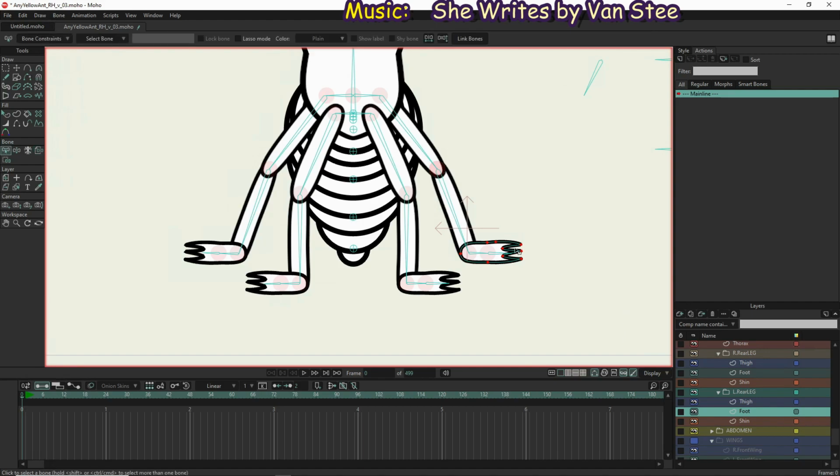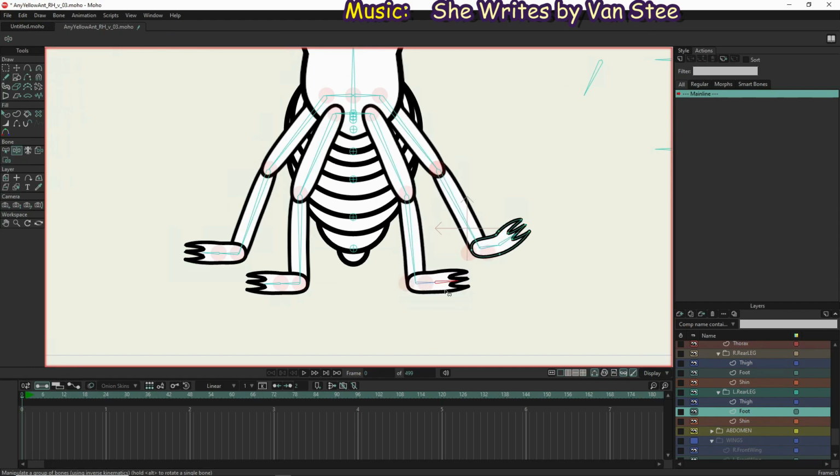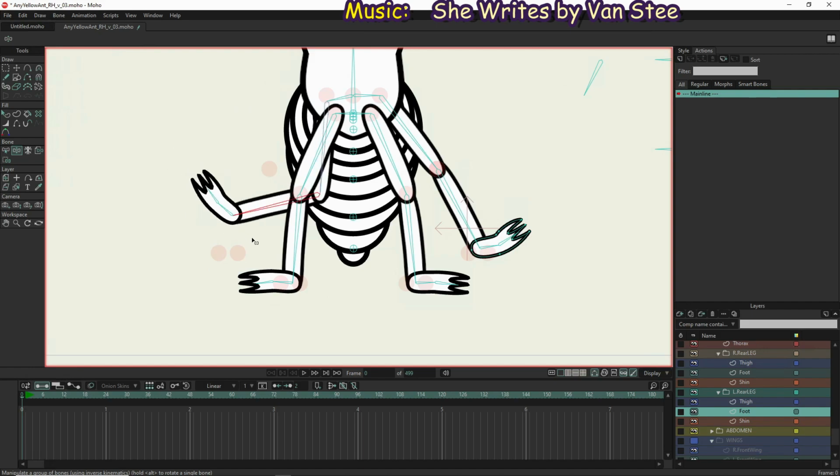B for bone, I, bind, B for bone, I, and bind. So now we can test that foot. Well, there we go. So now we can move the legs around,